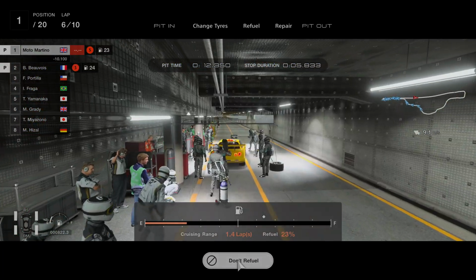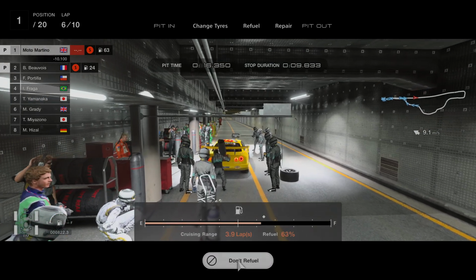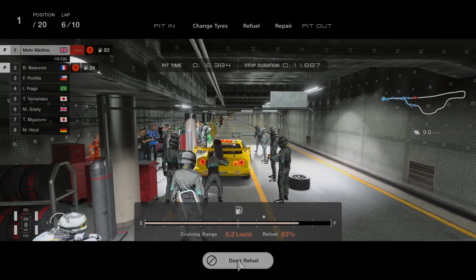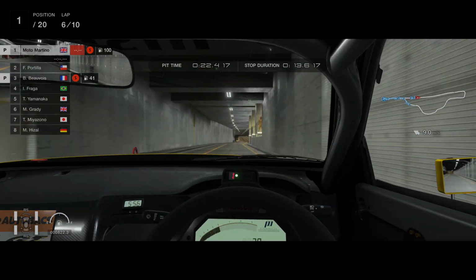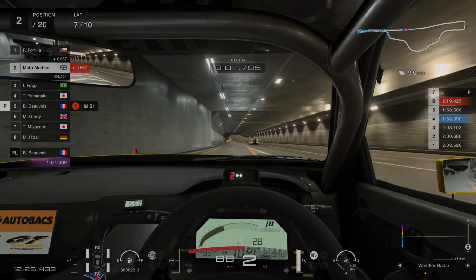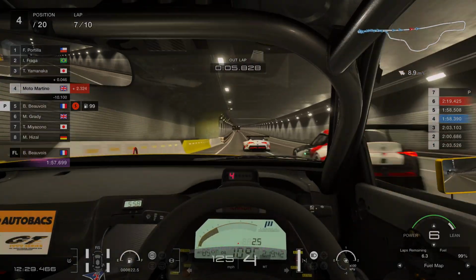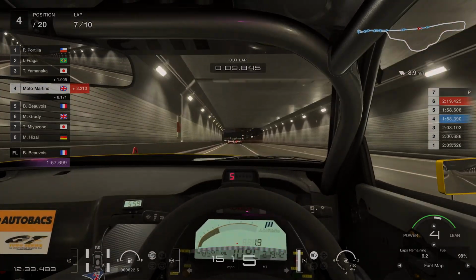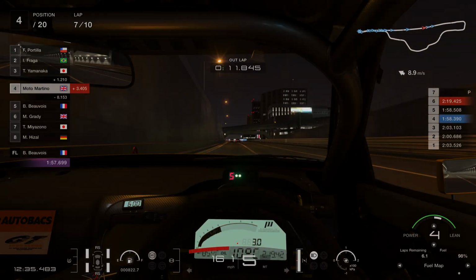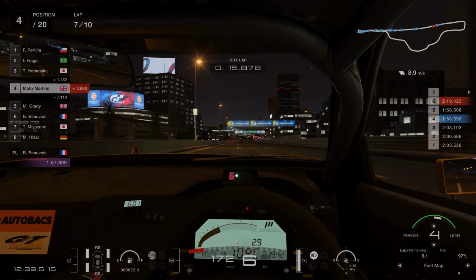He's pit behind us as well. Oh, it's working out a treat. Come on, don't mess this up now. Anyone else in with us? No, everyone else is carrying on. Ooh, that was a bit of a knife edge. Right, we'll go 4. That should give us the performance we want. Only got 4 laps, so